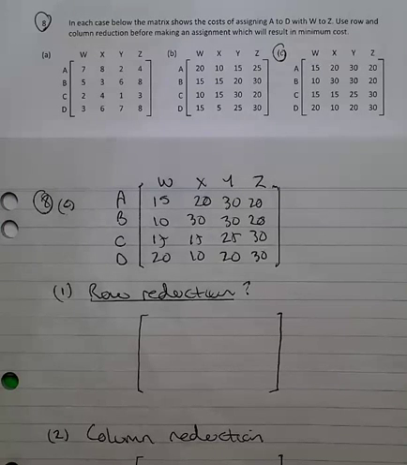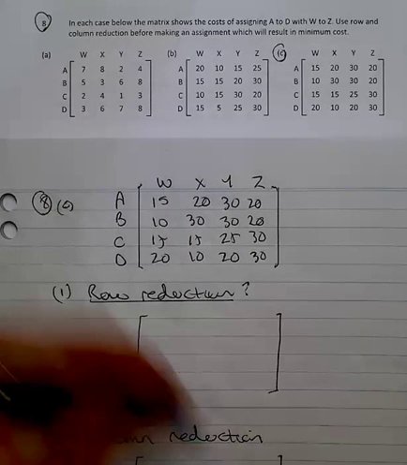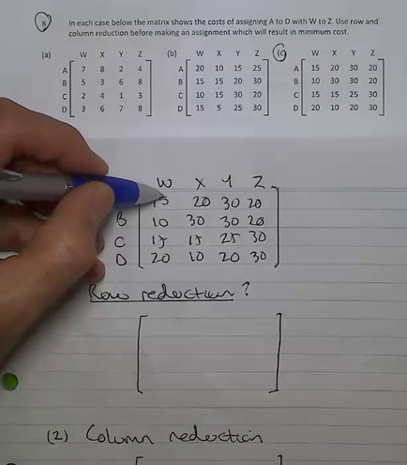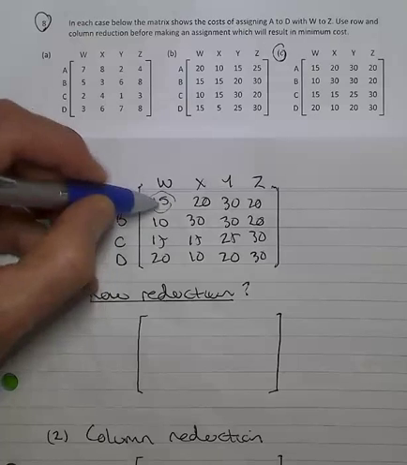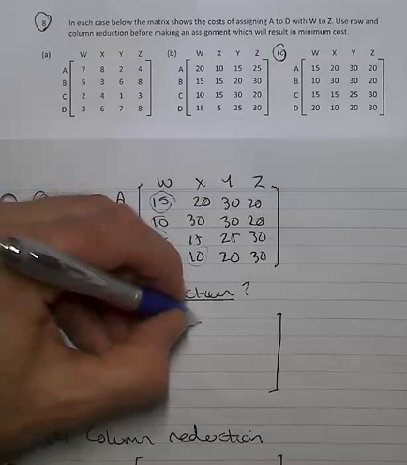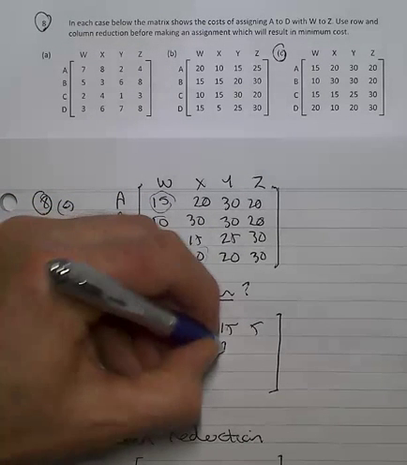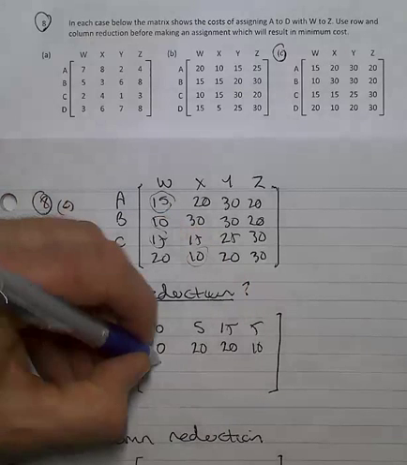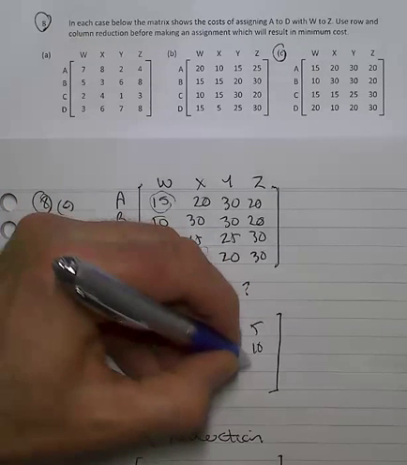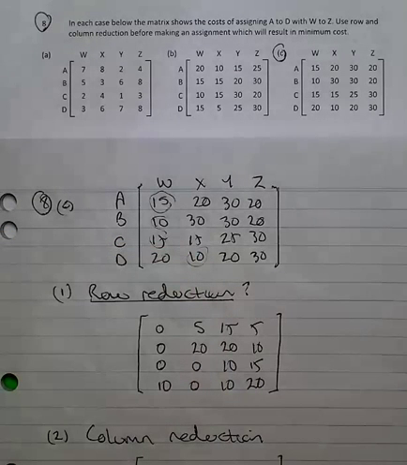In question 8, we're looking at firstly undergoing row reduction, perhaps column reduction before we can make an assignment to minimize costs. Now I'm going to be looking at 8C in this case. So the smallest member I sort out in each of the rows, and I do a subtraction across. Now in this particular problem,